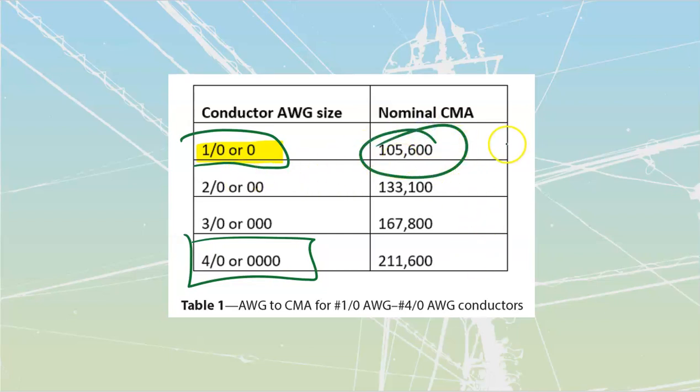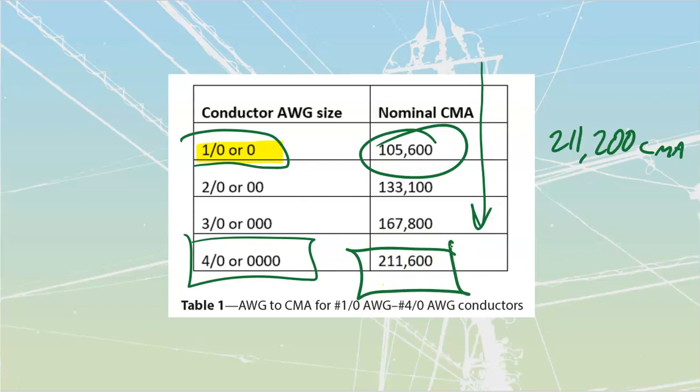If I had two of these in parallel, I would add two of these together, which would get me to 211.2 kcmil, or 200 CMA if I take two of those, which I would then have to follow down this chart until I find something that is going to be larger, which is going to be my 4/0 over here. It's this really commonly held misconception that a 2/0 is twice the size of a 1/0,